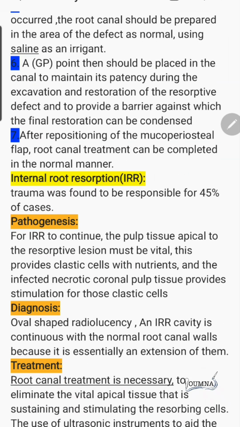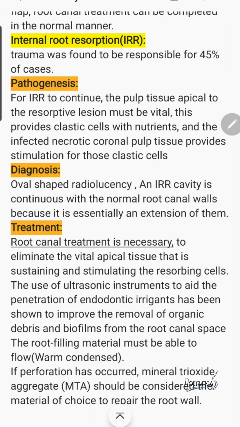in the normal manner. Internal root resorption: trauma was found to be responsible for 45% of the cases. The pathogenesis: for internal root resorption to continue, the pulp tissue apical to the resorptive lesion must be vital. This provides clastic cells with nutrients, and the infected necrotic coronal pulp tissue provides stimulation for those clastic cells to continue their activity of